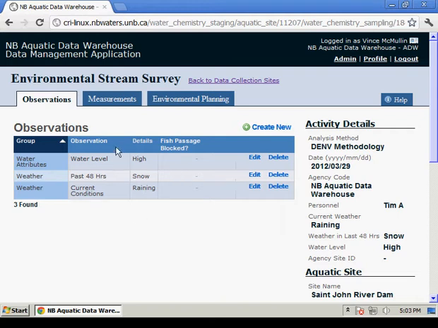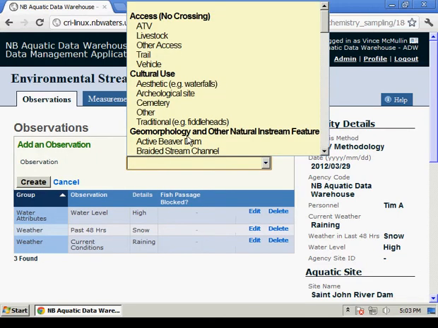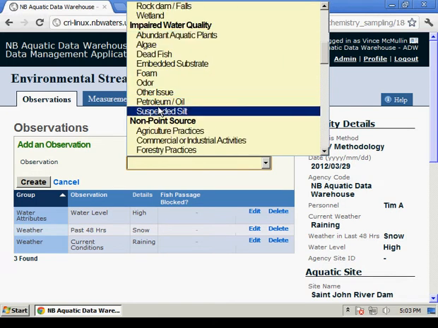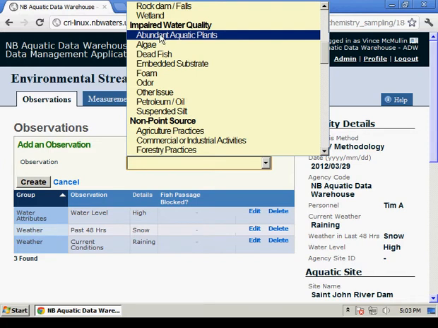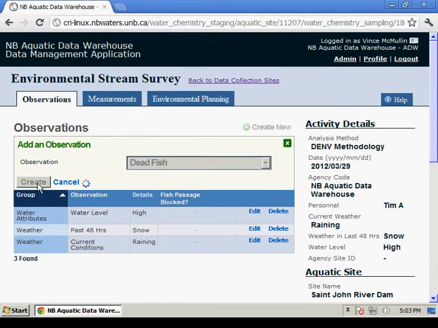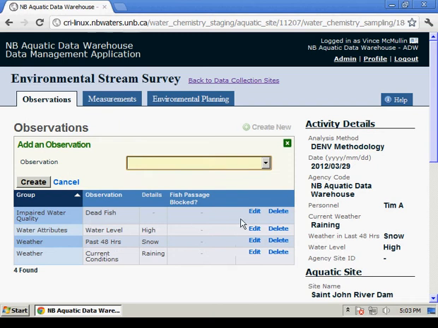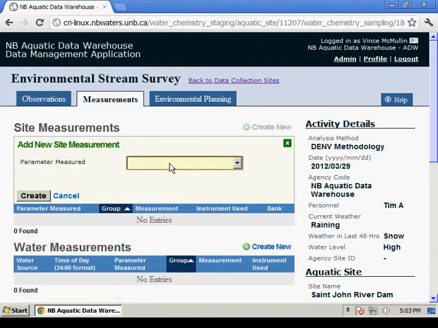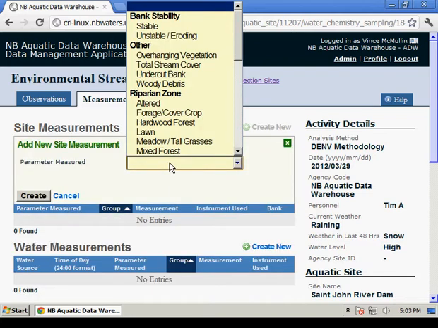There you have observations. You can go ahead and actually create some new observations again. Lots of different things you can go ahead and select. Tim had noted some impaired water quality. He actually noted that there was some dead fish, so we're going to add that as an observation. For measurements, for site measurements, go ahead and create some new site measurements. Let's go ahead and look at,